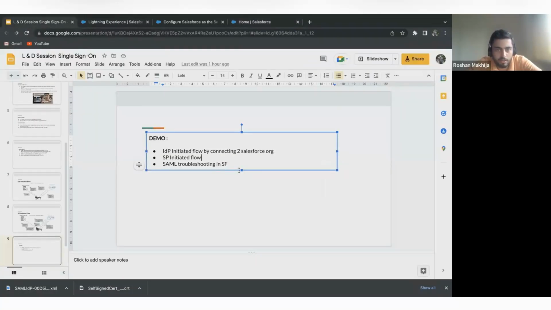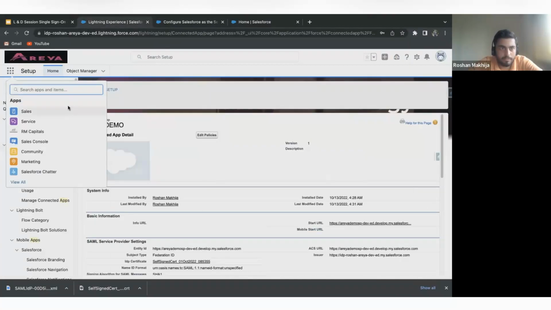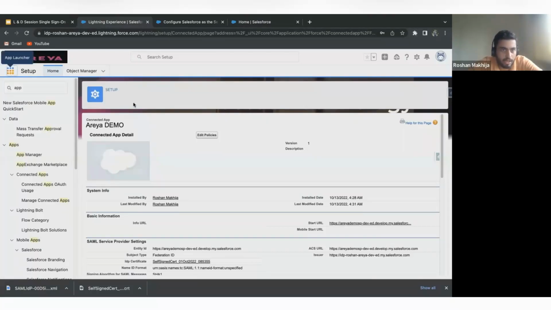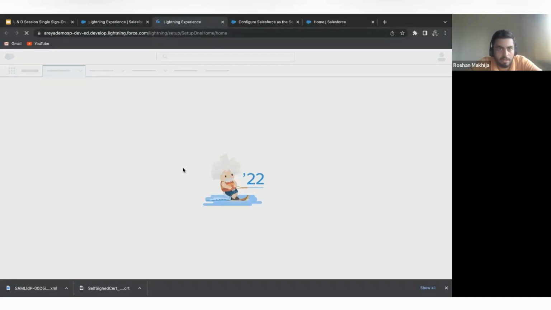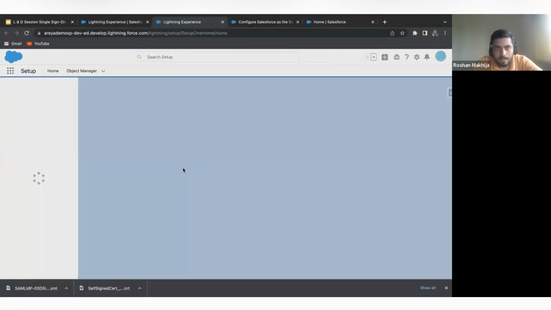The next thing we are going to see is SAML troubleshooting. I have an extension to know what my SAML response is. The extension name is SAML Tracer. You just need to open it in your background and try to log into your service provider org. The best thing about SAML Tracer is